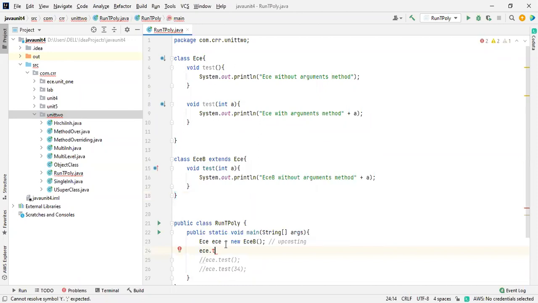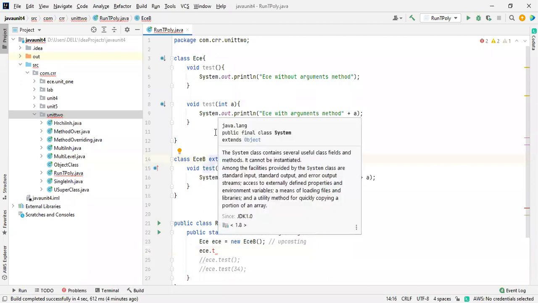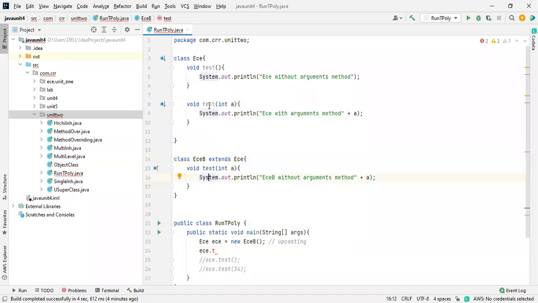This is the usage of runtime polymorphism. It has been extended directly. I can call these two methods also, test and test2, because this test method has been overridden.